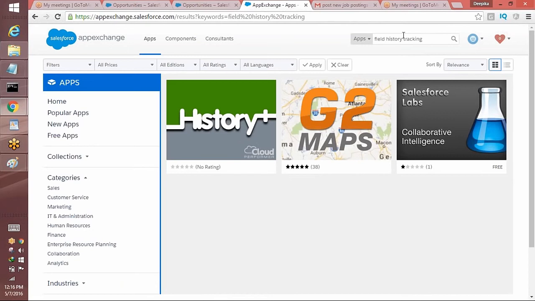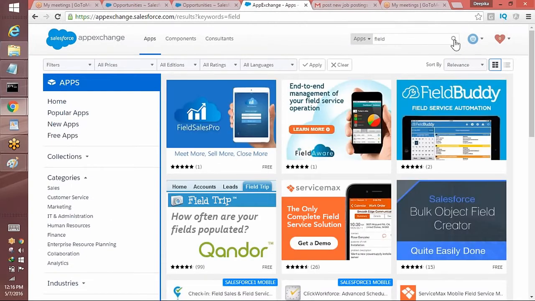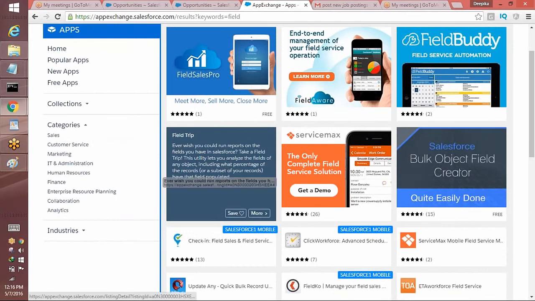Field tracker or something like that. Field history tracking. Forgot the name of the app. Okay, field trip. So this is the one, field trip. So now if you go ahead and click, so what this app does is basically, let's say guys, there